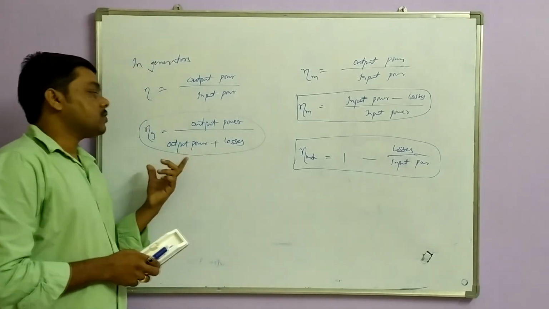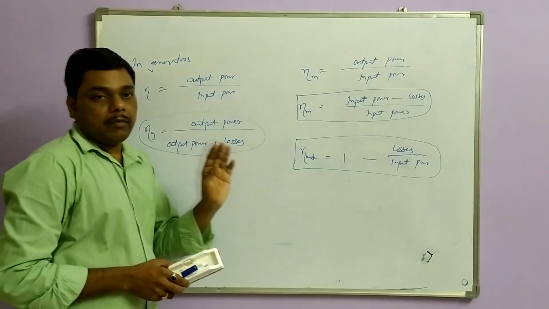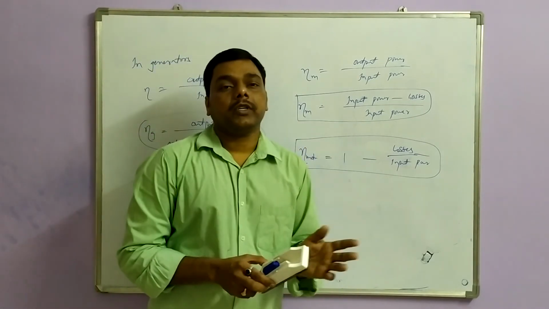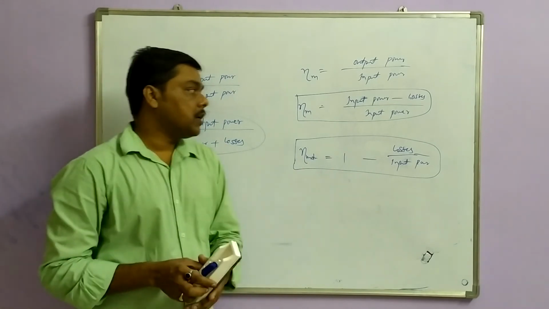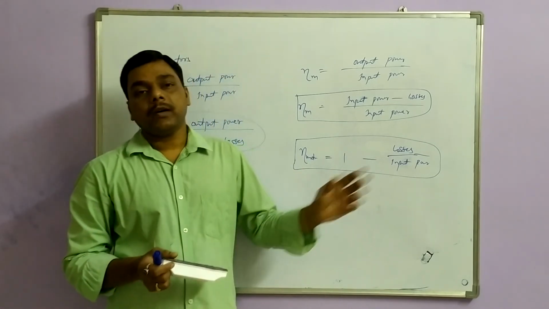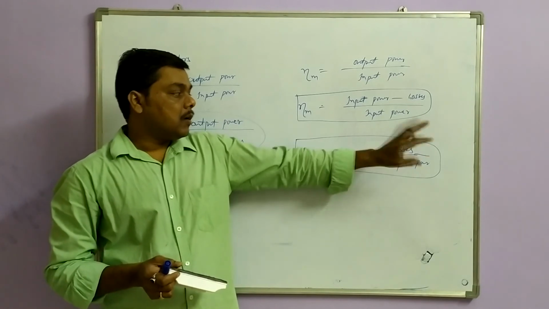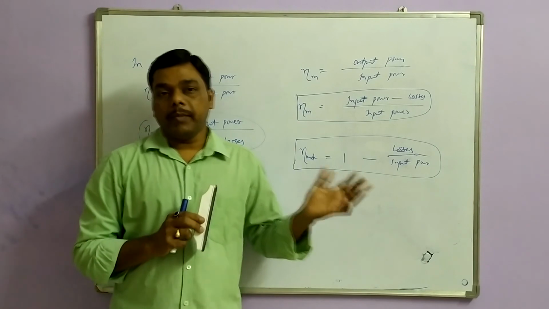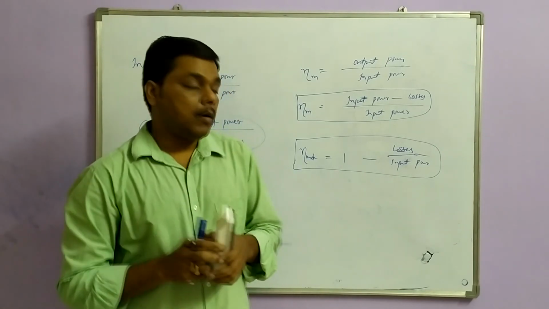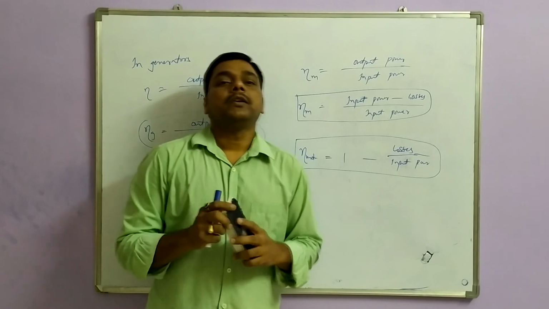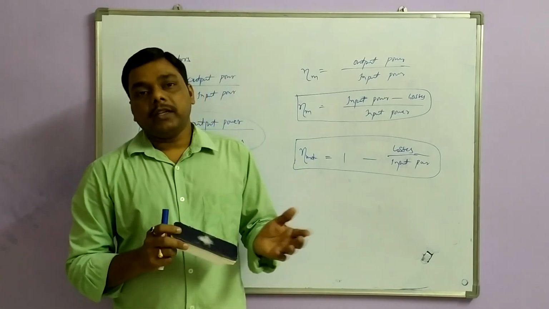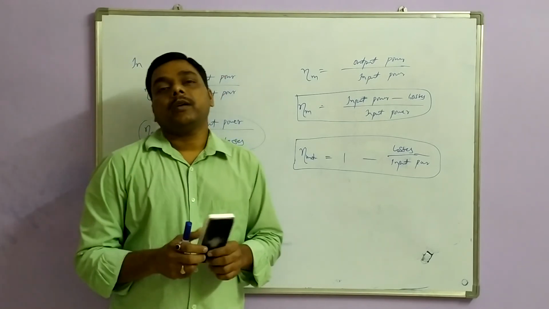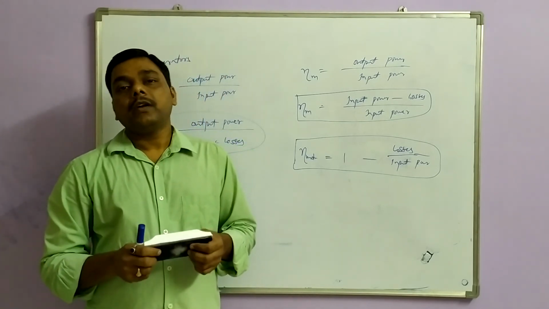In terms of generators, we have to compulsorily come from the output term. Now for motors, it should be from the input side. So this is the formula related to motor. The calculation becomes very easy, and the iron and mechanical losses will be given in numerical problems. But copper losses we have to calculate from the shunt, series and armature windings. So we will discuss the types of losses in DC motors.